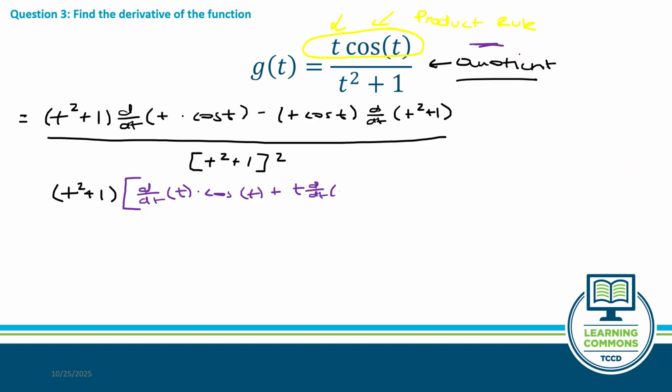I just can't write. Okay, that's product rule inside of t squared plus 1 all over